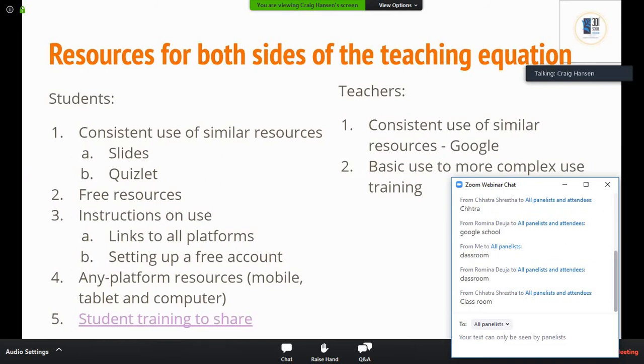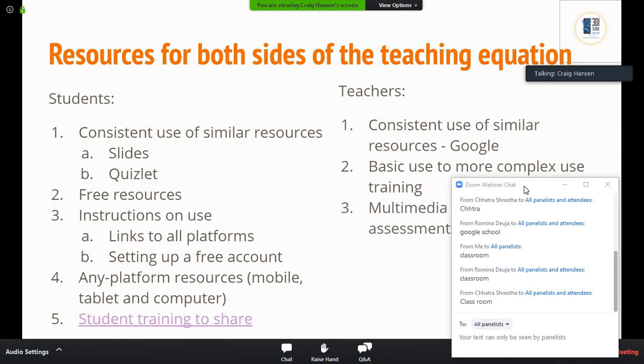Okay, great. So if you are using Classroom, Google Classroom, which is quite a few of you, all of the resources that we're sharing with you, you'll be able to instantly, with your teachers, put them into Google Classroom. No problem. It'll be easy peasy. If you're not using Google Classroom, no problem. You don't have to set it up. And in fact, I don't encourage you to set it up. Don't worry about trying to raise the complexity level. Just use what we give you and share the resources straight away.